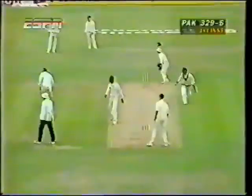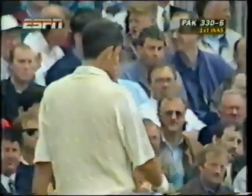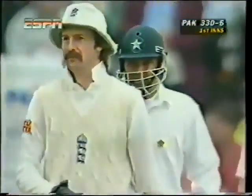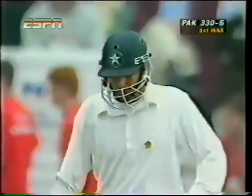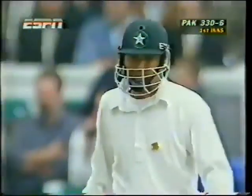Caddick, the man at third man, and well run from Moin Khan. Pakistan just upping the tempo a little. It's been a morning without event from a batting point of view, though in the field England have put down a chance at long leg,